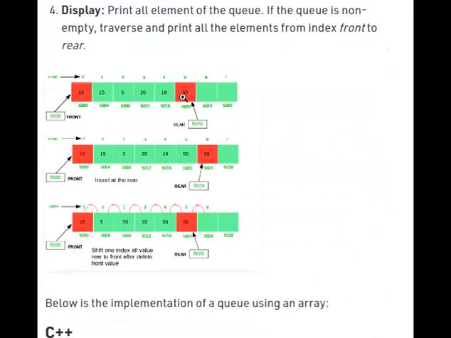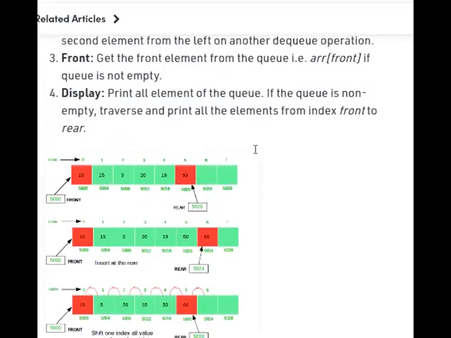In the rear part, a number of elements can be inserted at one end. So in a queue, deletion occurs at one end and insertion at the other end. It is totally different from a stack.